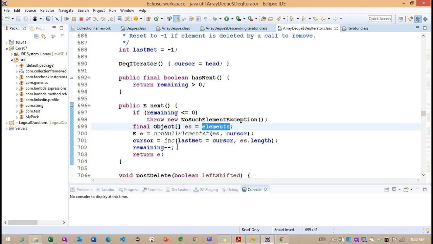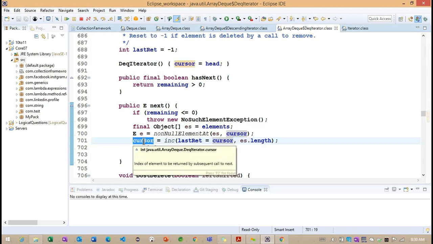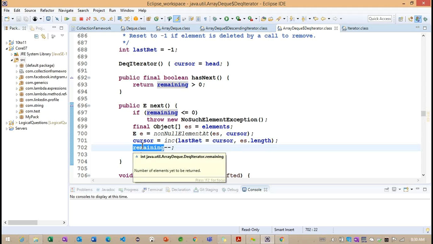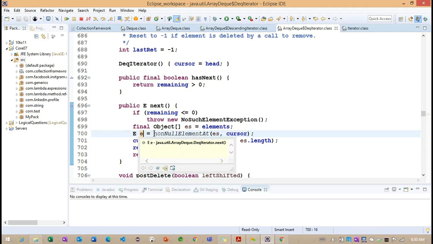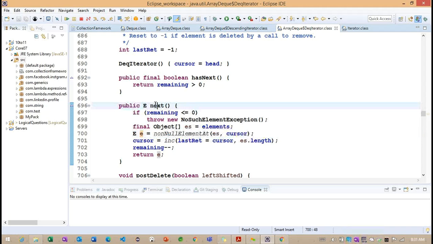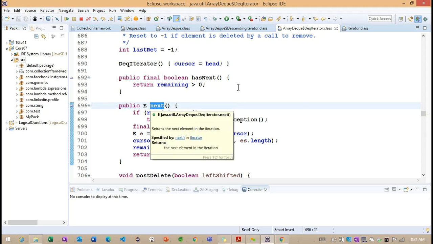With the help of this element, we find the cursor, and we decrease the remaining variable and return the particular e, the object we get here. So this is the way the next method is implemented.